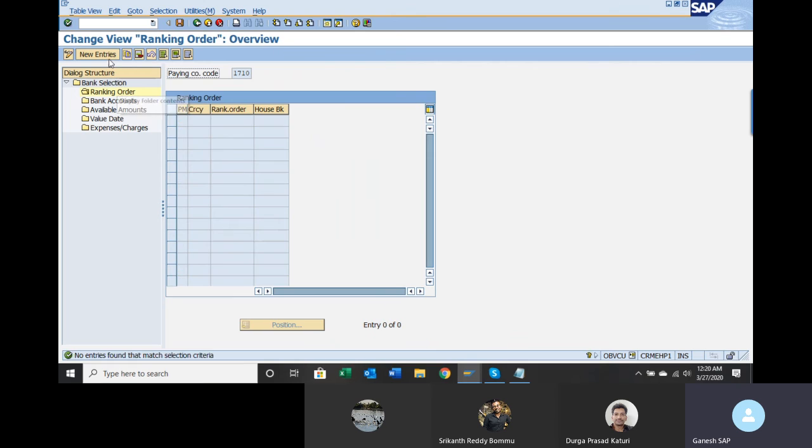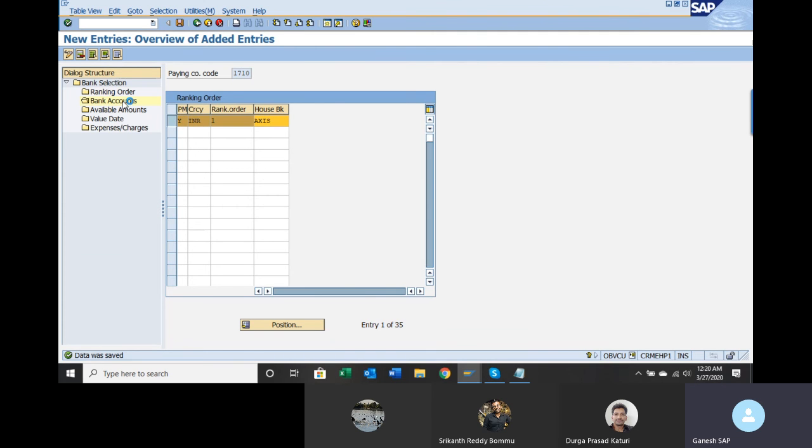Ranking order. Click on new entries. Payment method we have created Y. So take Y. Currency INR. Ranking order 1. House bank Axis. Save it.